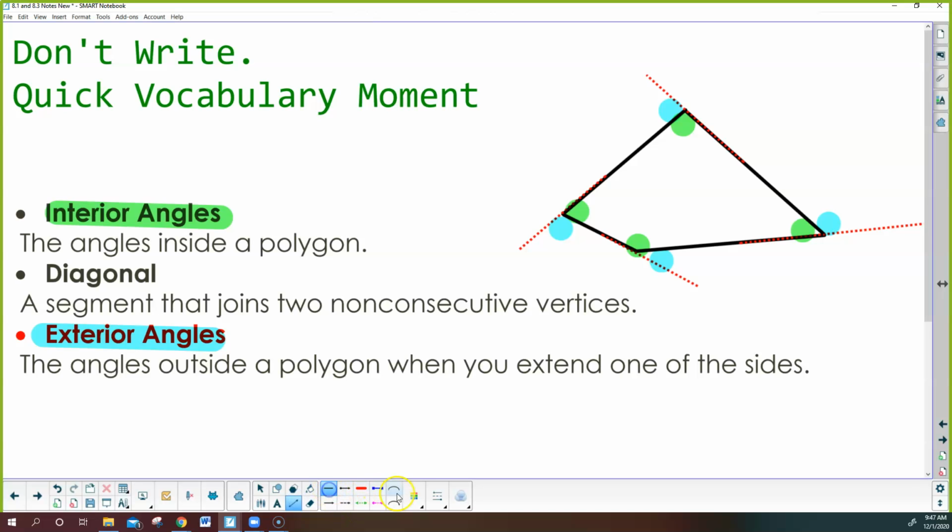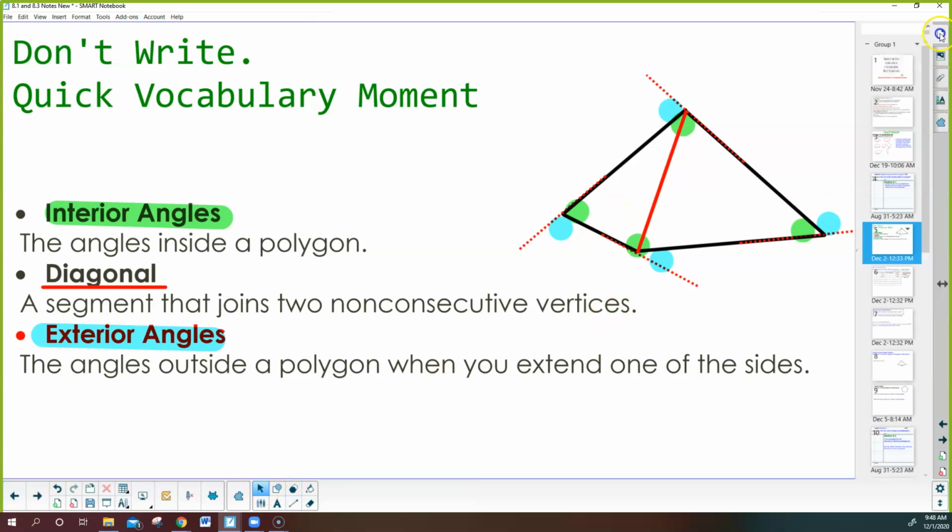And then we've got something called a diagonal. We're going to see this on the next slide, but a diagonal is a segment that joins two non-consecutive vertices. So all that means is if I take a vertex, that's a point where two edges meet, and I connect it. Now notice, see how this one's already connected? That's a side. If I connect it to the other vertex, that's a side. So what if I connect to the one that's not consecutive? So across from it, that's a diagonal,